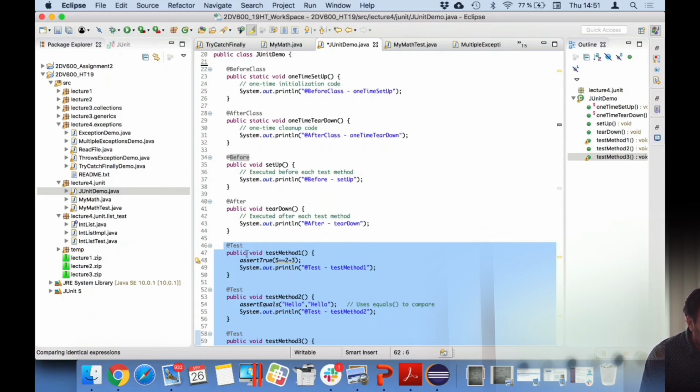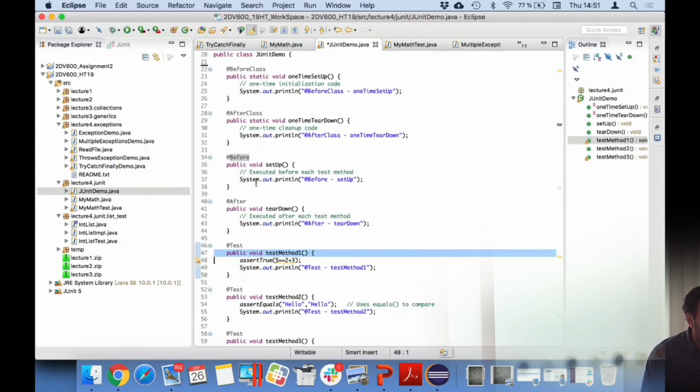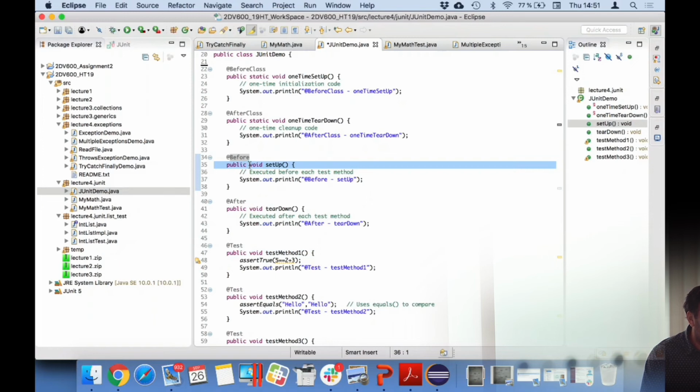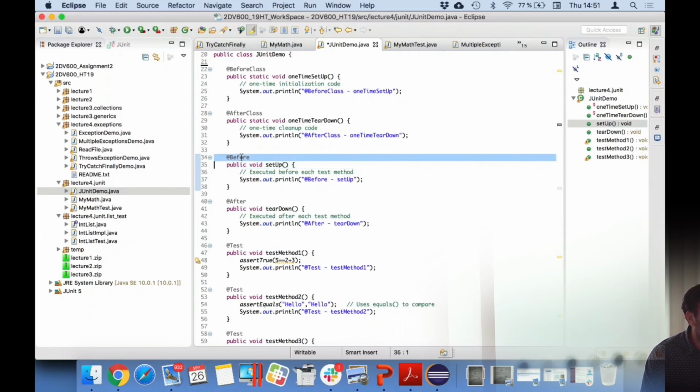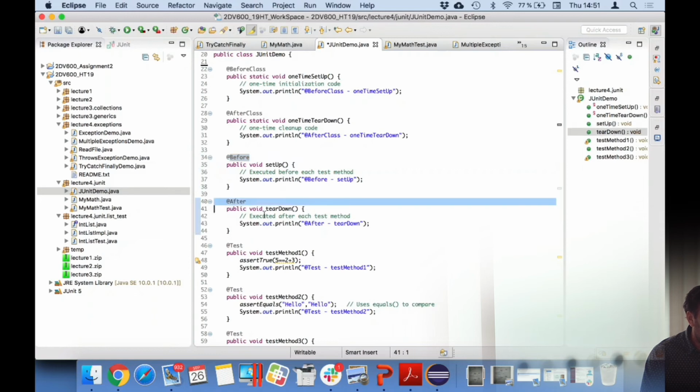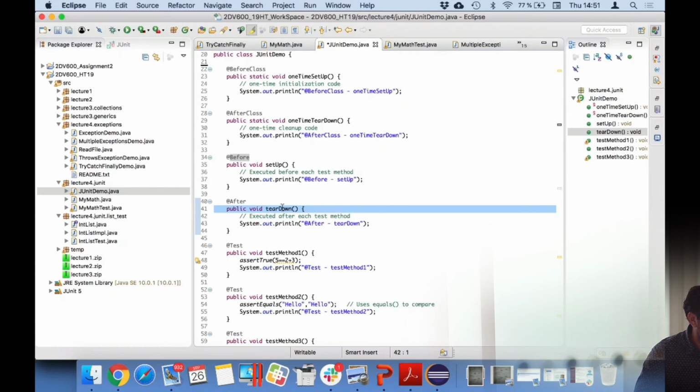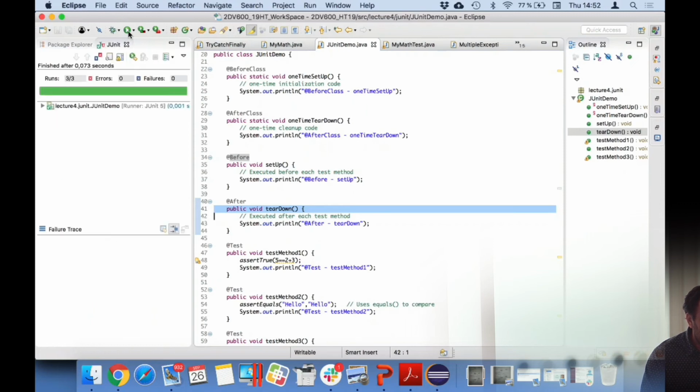Every time you execute test method 1, before it, this setup method will execute. Why? Because I am attaching this annotation with it. And this after will execute after every test method executes. So now, if we try to run this,